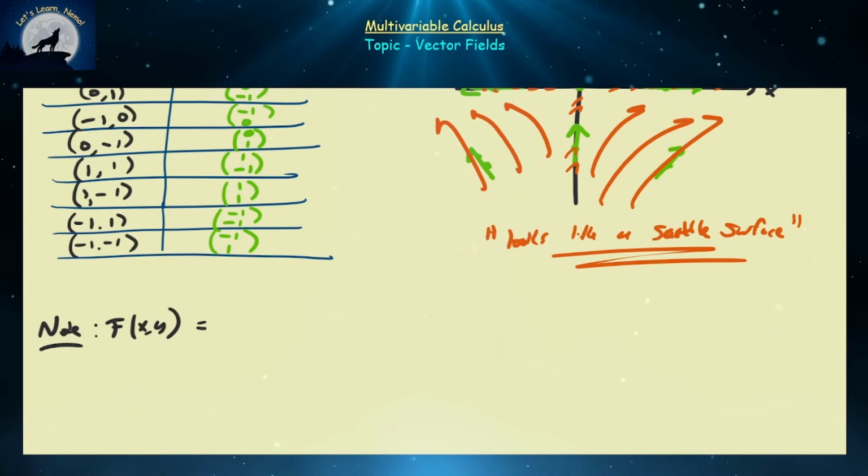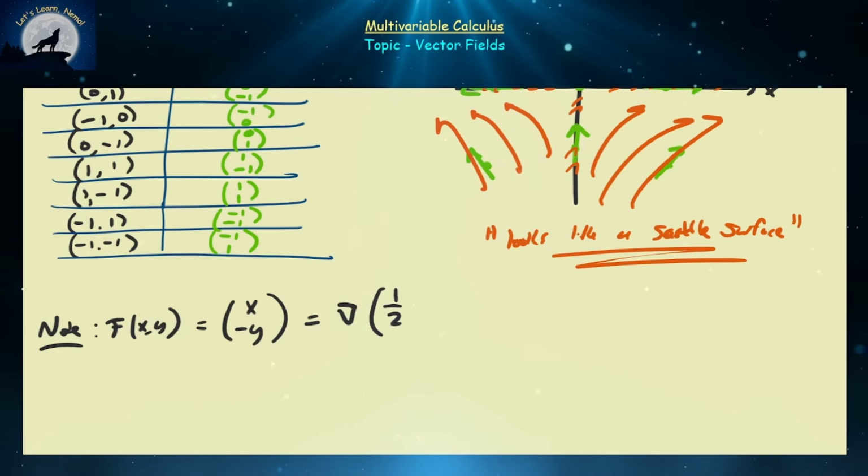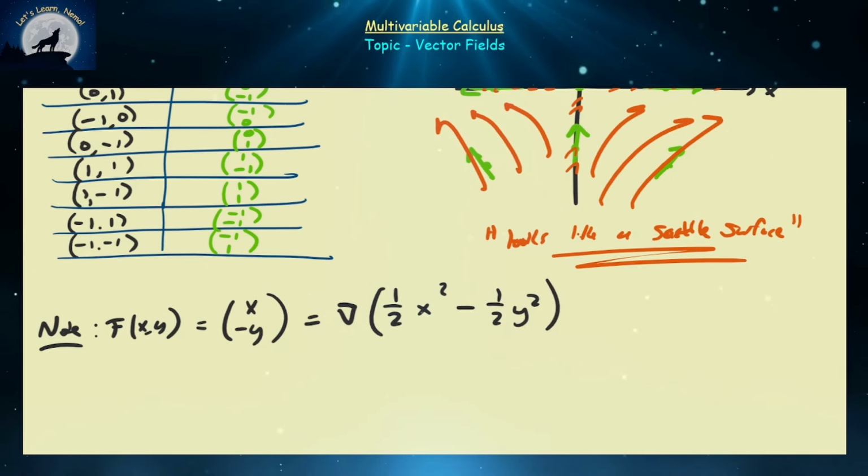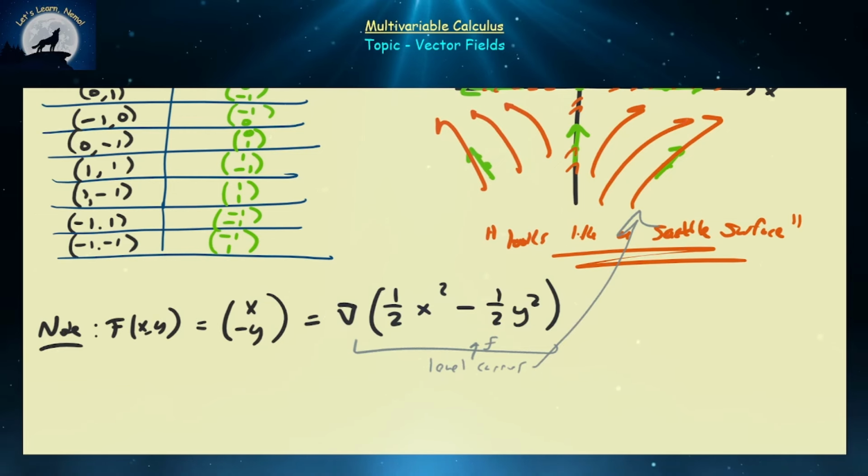F(x, y), which again is equal to x minus y, is actually equal to the gradient of a particular function, in particular 1/2 x squared minus 1/2 y squared. So if you take the derivative with respect to x partially and then the derivative with respect to y partially and put them in a vector, you're actually going to get the vector x, y. And if we look at the level surfaces or the level curves of this function here, let's call that little function f, then what you actually get is that particular saddle surface,